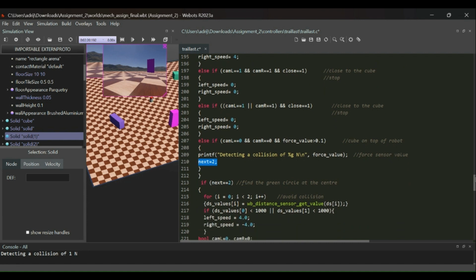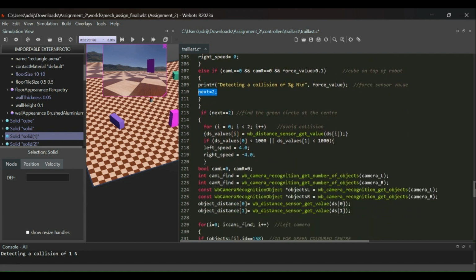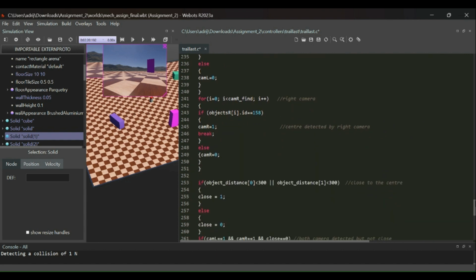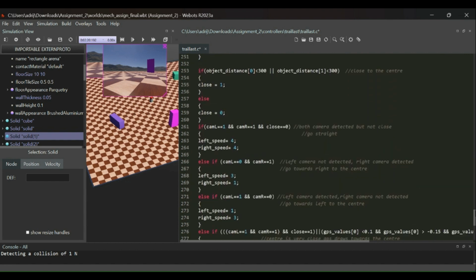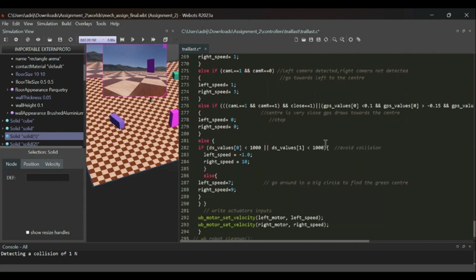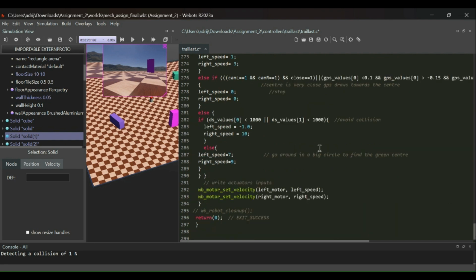That is finding the green circle at the center and going towards it. This search is similar to that of the red cube. The only difference is that once the object is placed on top of the robot, it will move around in a big circle to locate the green center and then move towards it. The GPS has been used because when the center is too close to the robot, the camera won't be able